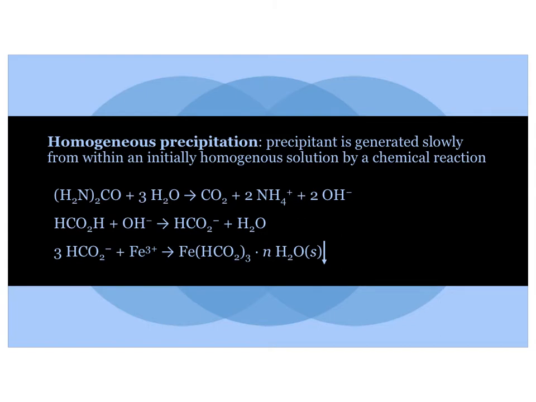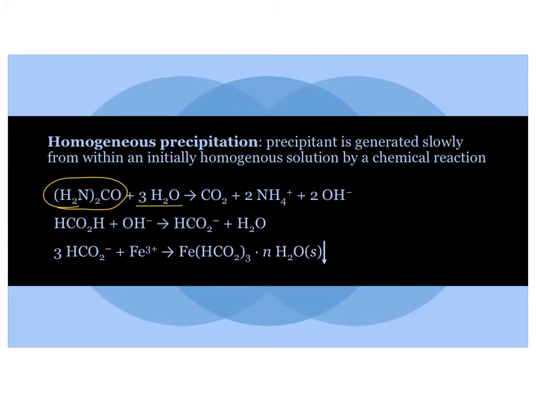Usually precipitation is initiated by mixing a solution of precipitant directly with a solution of analyte. Here, we see a different method in use. This method of homogeneous precipitation allows the generation of precipitant in the solution through a chemical reaction that keeps the concentration of precipitant low. In this example, the decomposition of urea